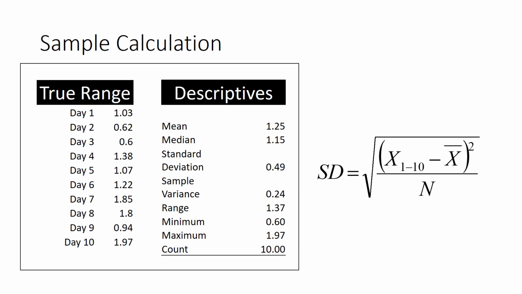And then when we run the formula, what we find out is the standard deviation is 49 cents. So we're going to multiply that by 2. Two standard deviations would be 98 cents. You would then add 98 to your average. What that tells you is you'd need a $2.23 gap in whatever this particular stock would have been in order to have a potential gap fade for the morning's trading.